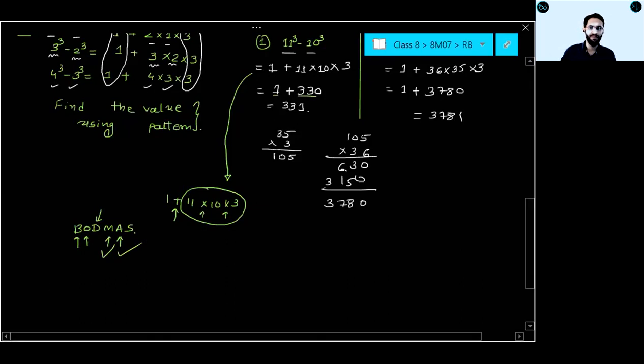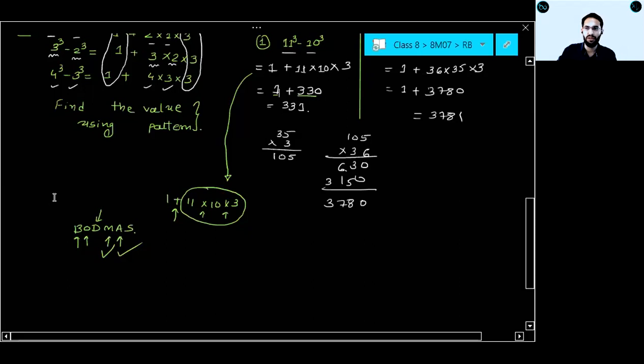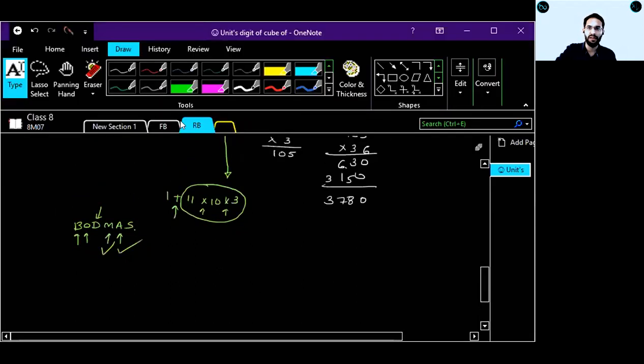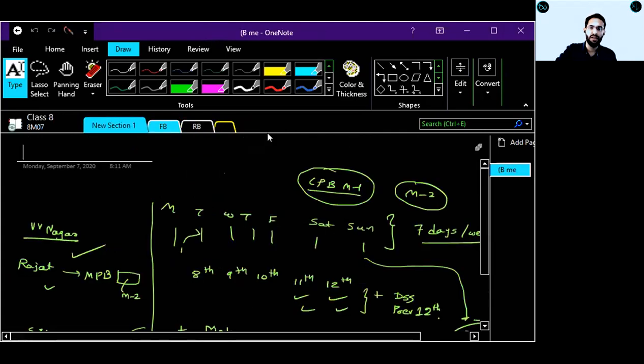Is it clear now, everyone? Safwan, is it clear? If you first add and then multiply, definitely you'll end up with a wrong answer. So always remember this BODMAS rule. Now question number 5 you cannot do directly. See here, question number 5, that's why I have given it to you. You cannot do it directly because